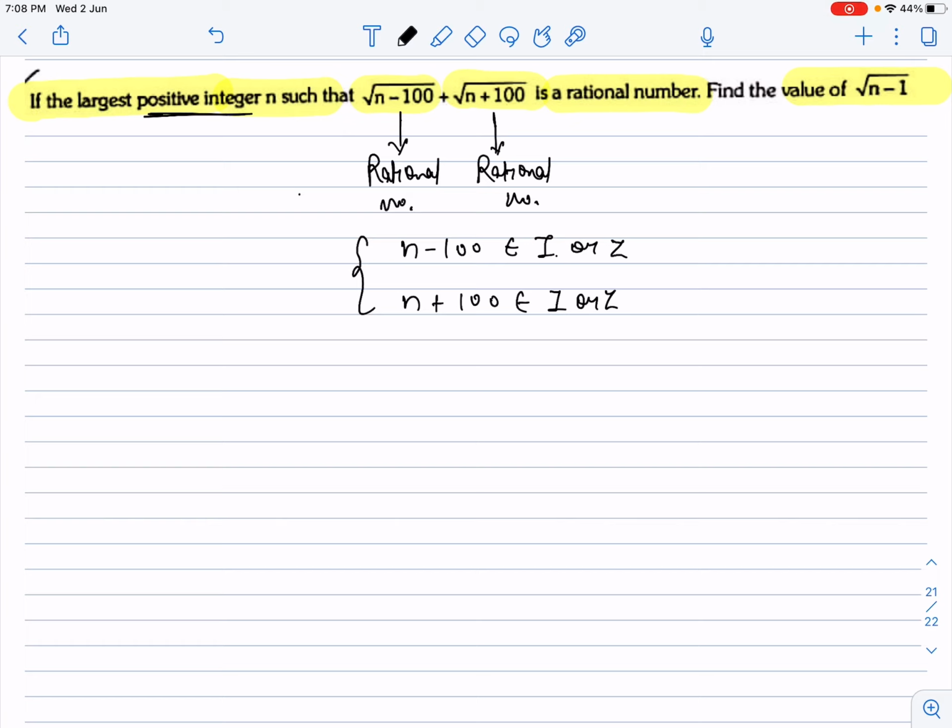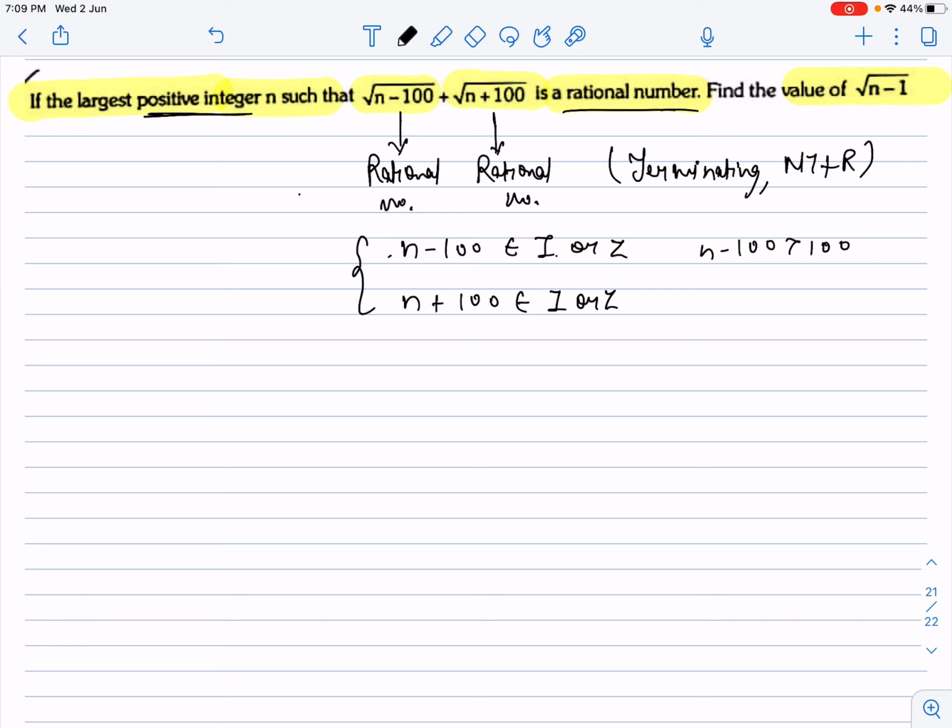That's great, awesome. Now n minus 100 should definitely be greater than or equal to zero, otherwise it will become a complex number, because the square root of a negative quantity is a complex number. Now my dear students, since the first number is rational and the second number is rational, what about their decimal expansions? The decimal expansion of the first number should be terminating. If it is non-terminating, then it should be repeating, because those types of numbers are called rational numbers, and rational plus rational will yield a rational number.